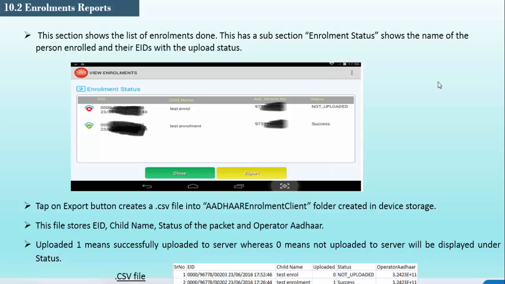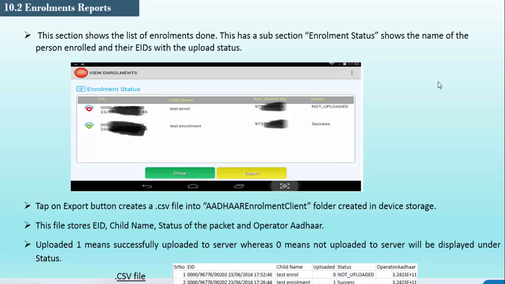If you want to export these details in an Excel sheet, you can export into a .csv file, which will be downloaded in the Aadhaar enrollment client folder in the installation path.